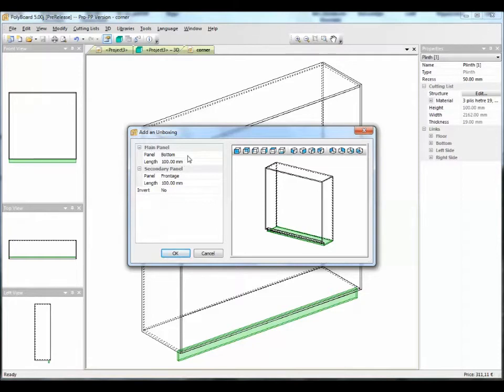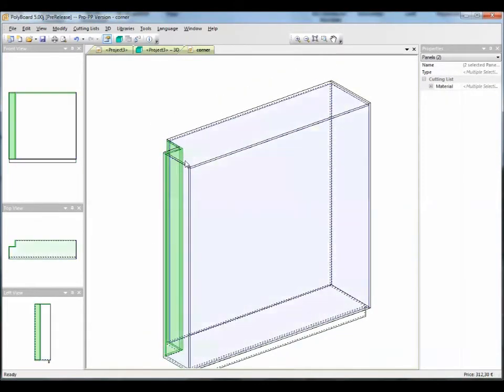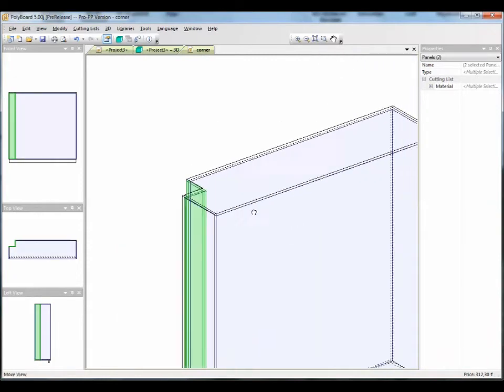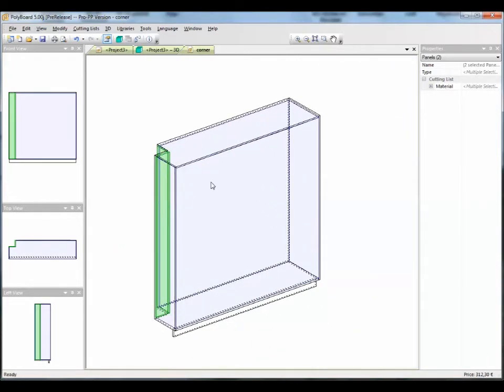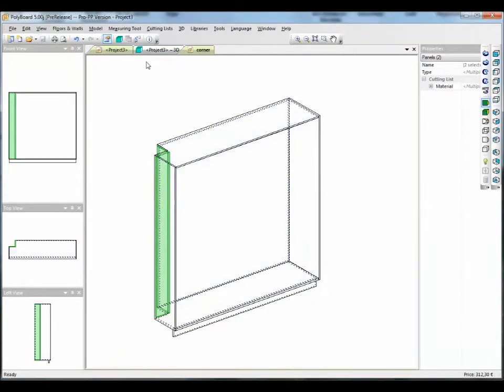So we're saying from the bottom, between the left side and the back of our bit of furniture, we would like a cutout of 200 millimeters by 200 millimeters. Let's just say that's okay. And when we click OK, Polyboard actually builds the cutout out of boards, the way we've told it to in a manufacturing method. If we update this to the project, save it to the project,